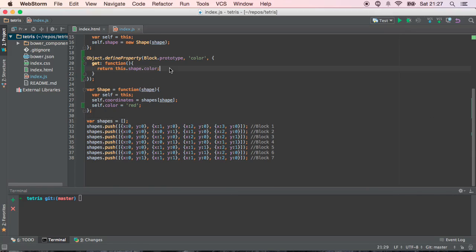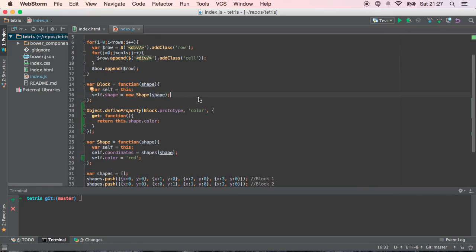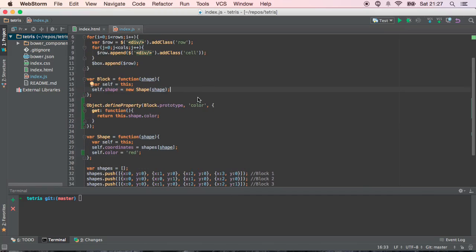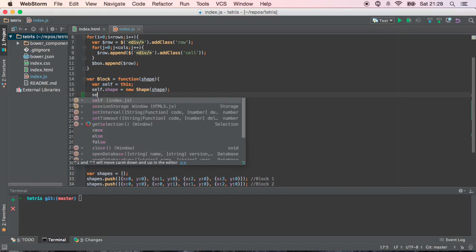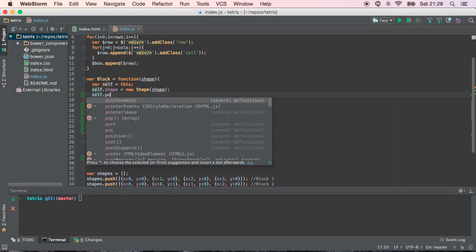So that's a really great way to do this, and I'm glad that we went with that method of defining the shapes, because it gives us this flexibility. Since the shape really is just talking about the shape of it and the color of it, but the block is more of the instance, the single instance of the block itself. So that's a more appropriate place to put the position. So let's create that. Self.position